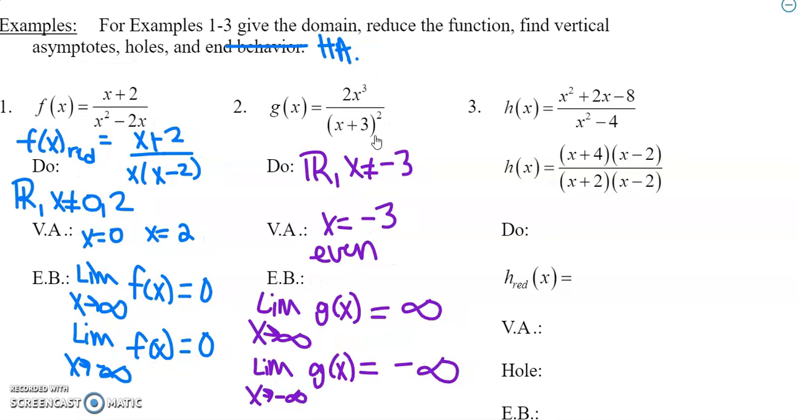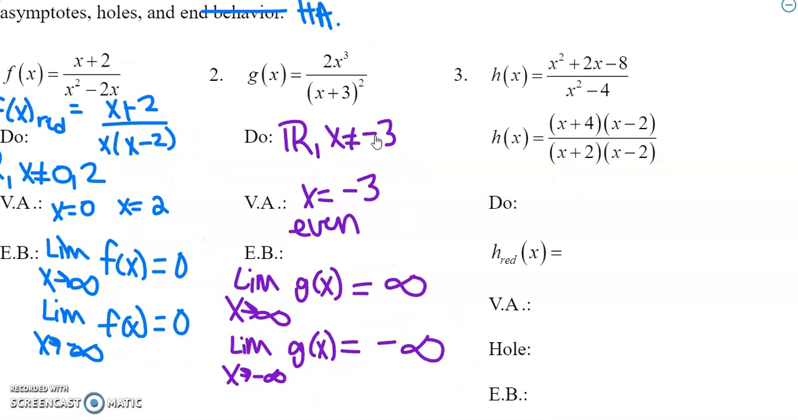All right. So this one's already been factored for us, which is fantastic. So we have the function, then we have it factored, and we're going to ask for the domain. Well, what numbers can't I put in here? I can put all reals except x can't equal negative 2 or 2. And so then let's reduce it. Well, these two simplify out,